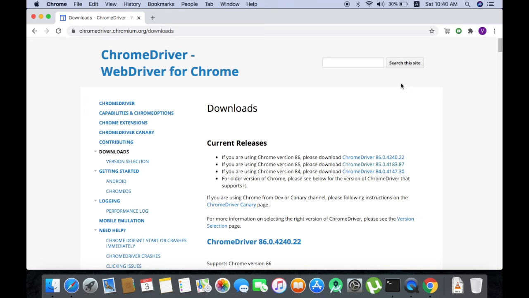What was my version number? My version number was 85.0.4183 something. The first 2 parts of this number are more than enough. So the first 2 parts are 85.0. I need to find 85.0 from this list. So here you can see 85.0 is this one.